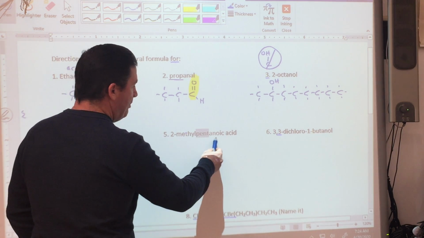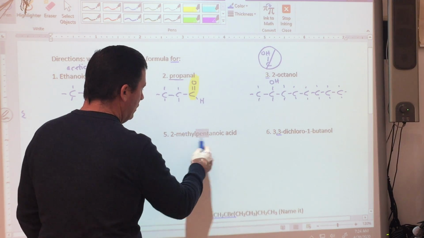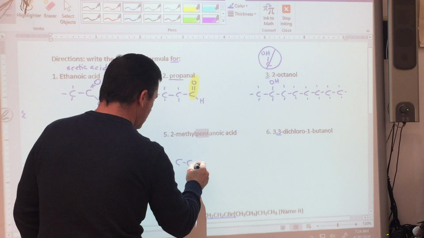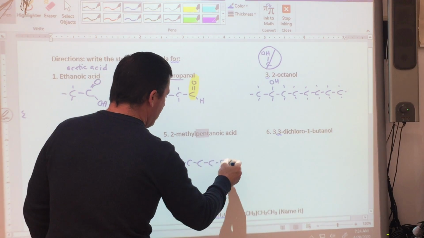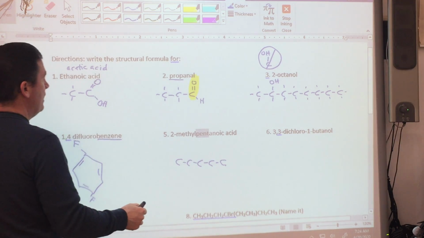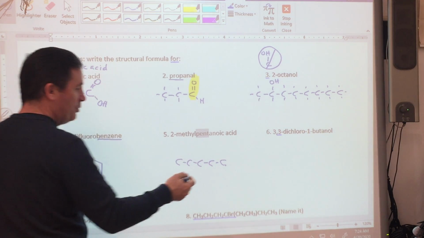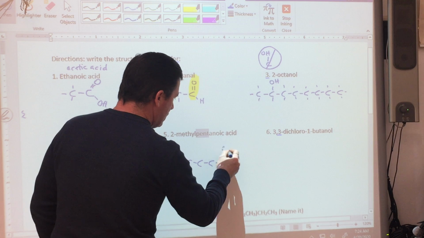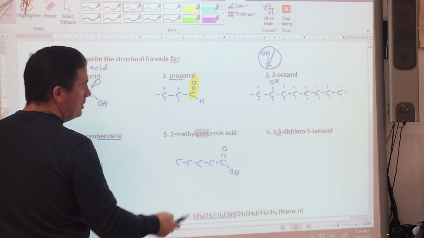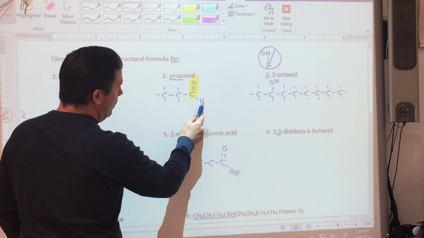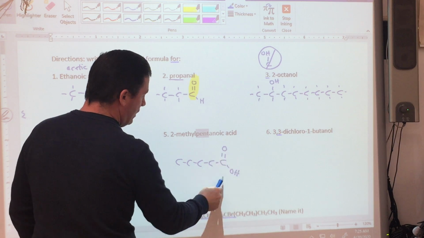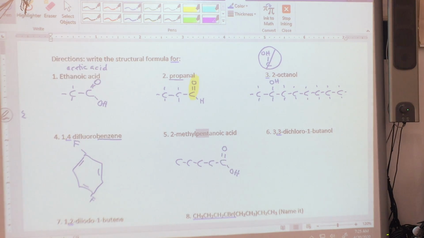This is 2-methylpentanoic acid. So I'm going to look at my pent, which is 5: 1, 2, 3, 4, 5. The oic acid indicates that it is an acid group. Carboxylic acid, that's a C double bonded O, and then an OH, as opposed to C double bonded O and H, that would be an aldehyde. So this is my characteristic group of the carboxylic group